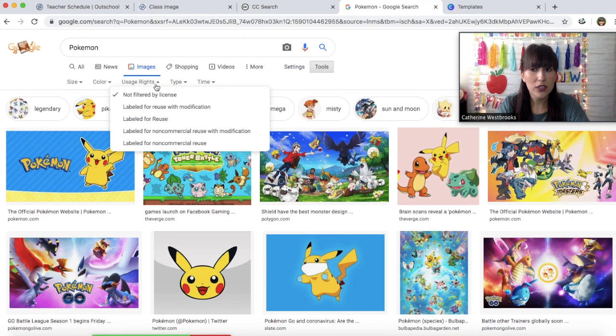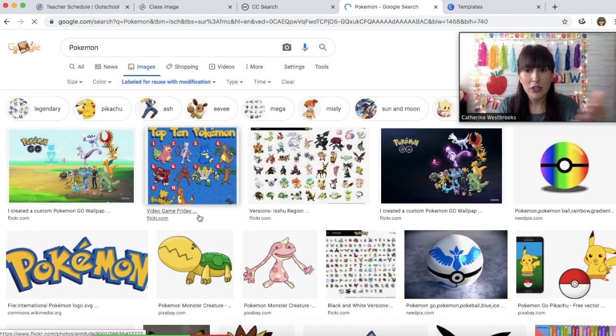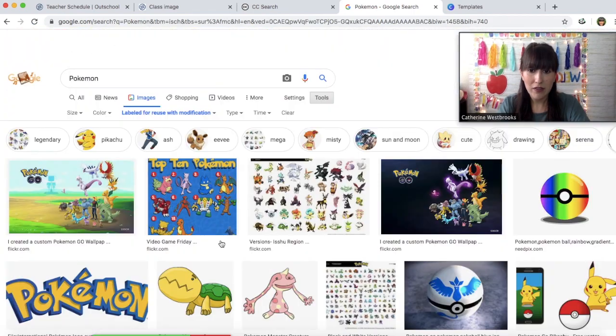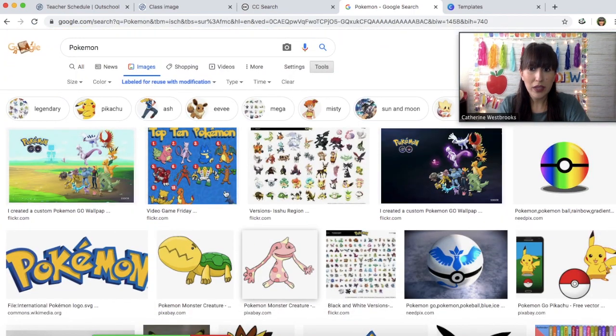I'm going to go to Usage Rights, and there are two different options there. One is just labeled for reuse, and one is labeled for reuse with modification. I'd probably choose this one because I like to take all of my images and put them into Canva and kind of tweak things to them. So I'm just going off of the Outschool document that you can use any of these for reuse because that is what it is labeled for in Google.